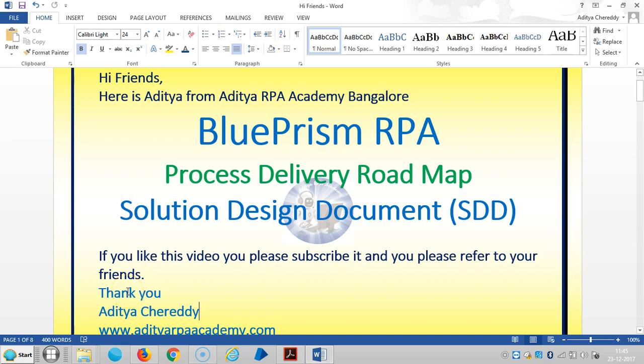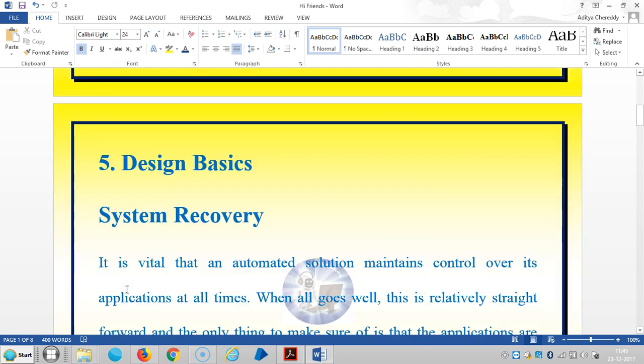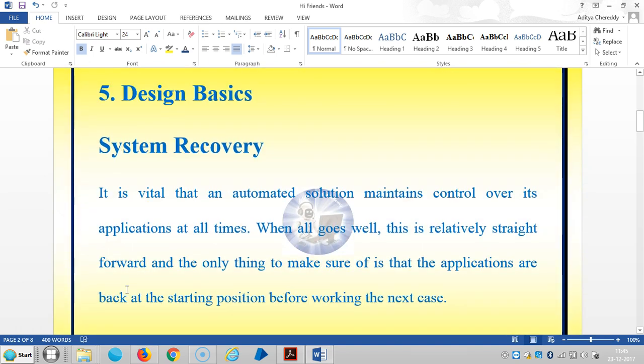Now we are continuing to work with the solution design document in process delivery roadmap and BluePrism RPA. So in this video we are going to cover system recovery. Earlier we have seen that exceptions can be of various types, and under system